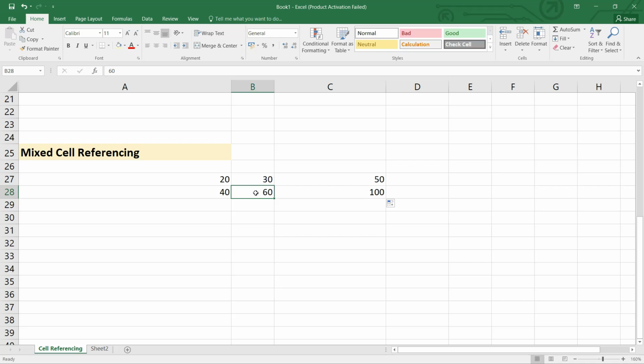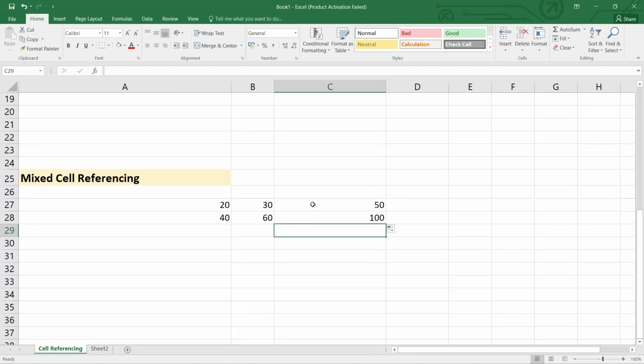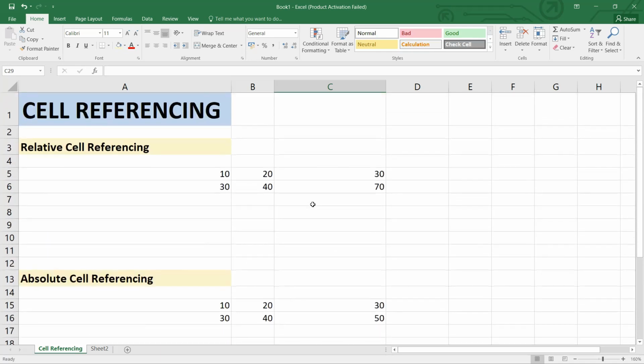All right. Also, instead of typing the dollar sign again and again, like doing it manually, you can always use the F4 key. So when editing a cell reference, press F4 simply to cycle between relative cell referencing, absolute cell referencing, and mixed cell referencing. Whatever you want to do, you can just simply do it. All right. So that's about your relative, absolute, and mixed cell referencing. We'll also see it with example data sets so that we can work around with that.